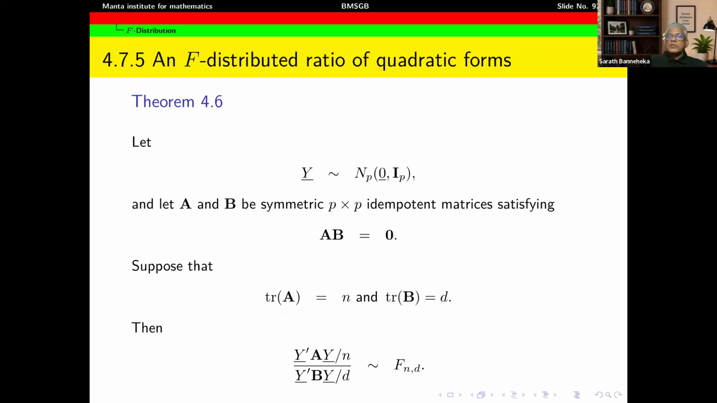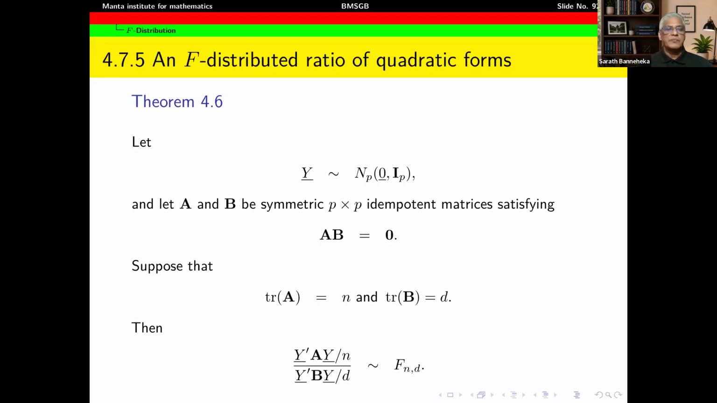So up to that point, all the results were involving univariate distributions, right? Univariate cases. Now we are going to look at a multivariate extension of this idea, the F ratio. Suppose the random vector y has a p-variate standard normal distribution with mean vector 0 and variance covariance matrix